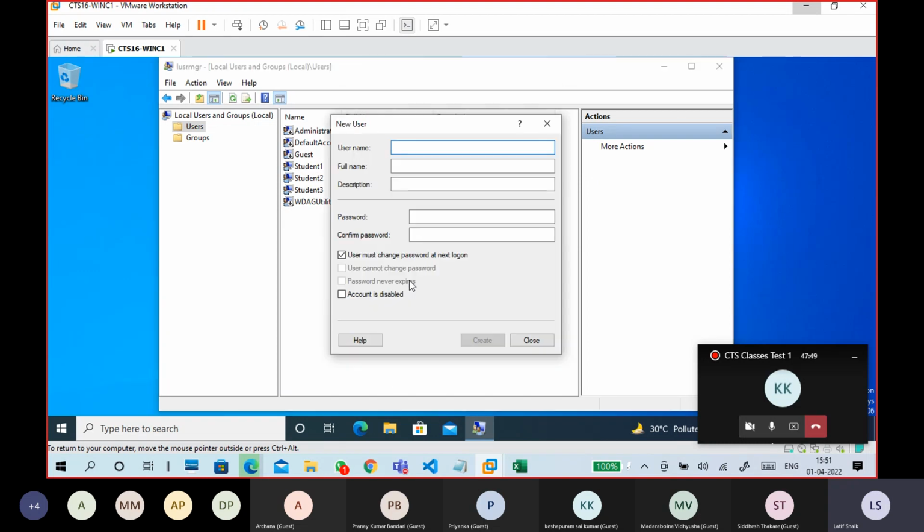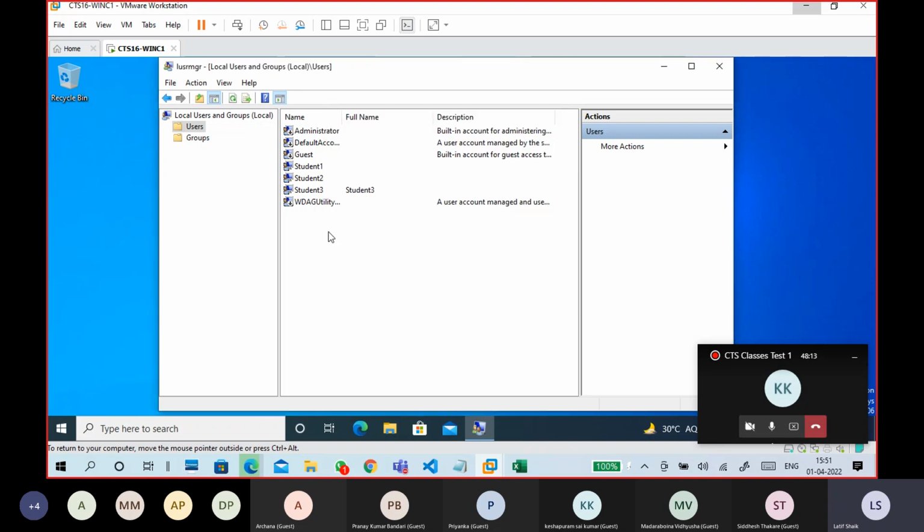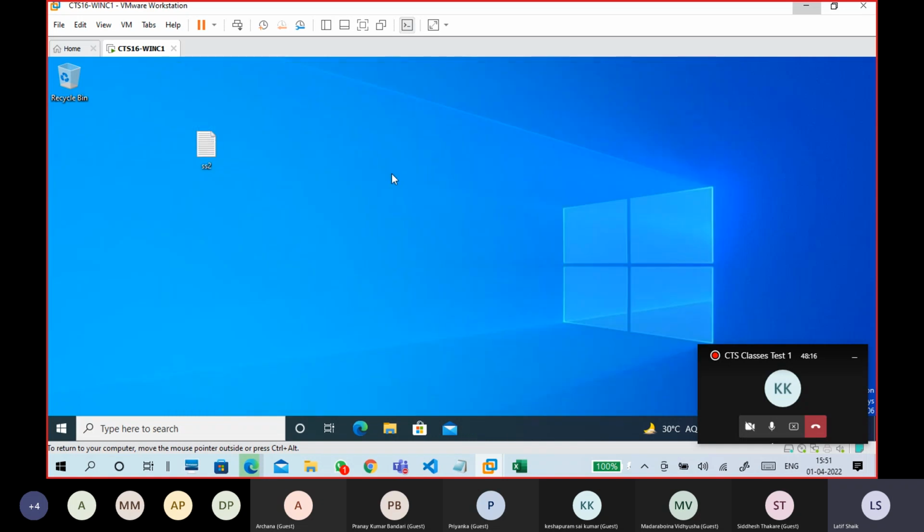Okay, I will add a user. The following error occurred while attempting to create user student 4 on this computer: access is denied. It means you are a standard user. You can't add users, you can't change things. Options are showing, but you can't change certain settings. You can't install or uninstall applications. You can't give permissions.